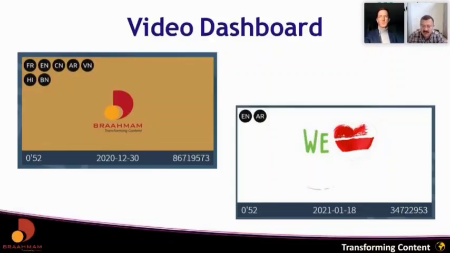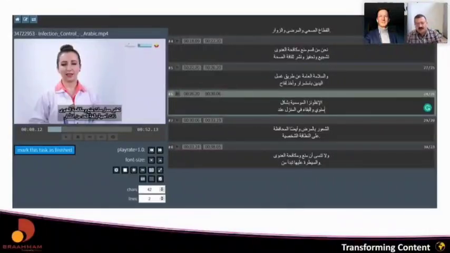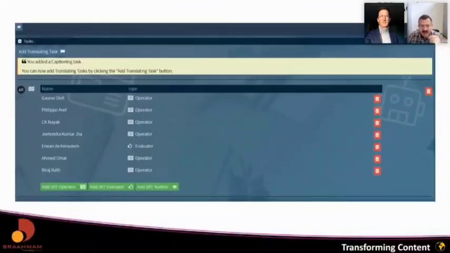And in the next one, this is a specific video which we are going to demo today. You can see English and Arabic are already done as work within this. This is the interface of the editor. As you see, Arabic editing is currently being done on this video, which we are going to show you different things on in the next slides. This is an editor where somebody is currently typing Arabic on these screens, and this is perfectly supported in real time as right to left. And as you can see, there are a lot of controls here where you can pause, you can change the start and end timings for the timestamps, and you have complete control over all the editing functions here. This is the screen which shows you how you can select different roles for different people.